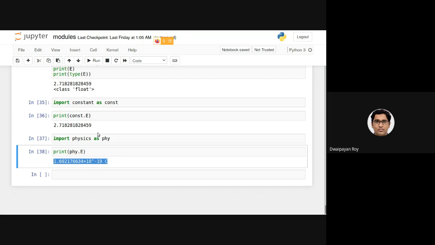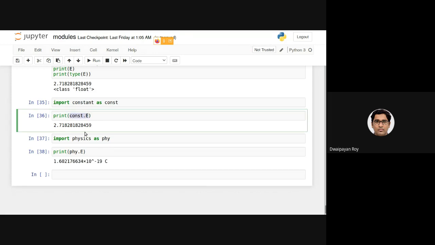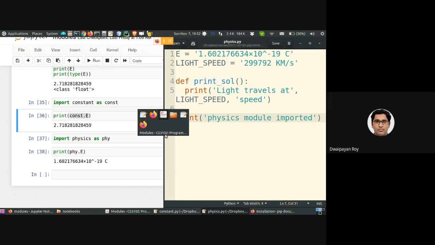Now note that these two will be completely different. One will not be overwriting the other. In that case, we'll be able to persist both the values. I initially discussed this in the last class, but here is the example.